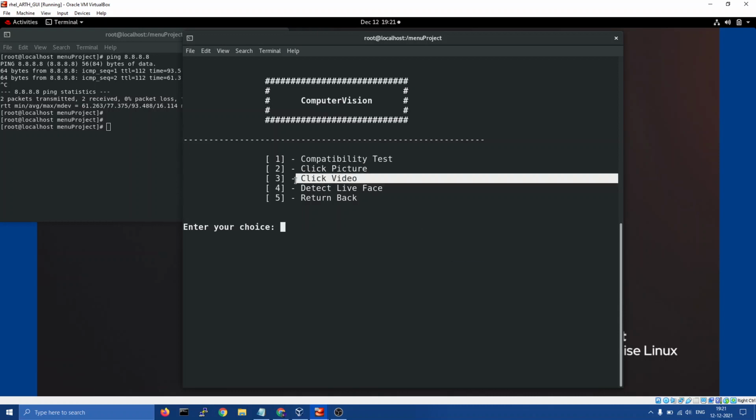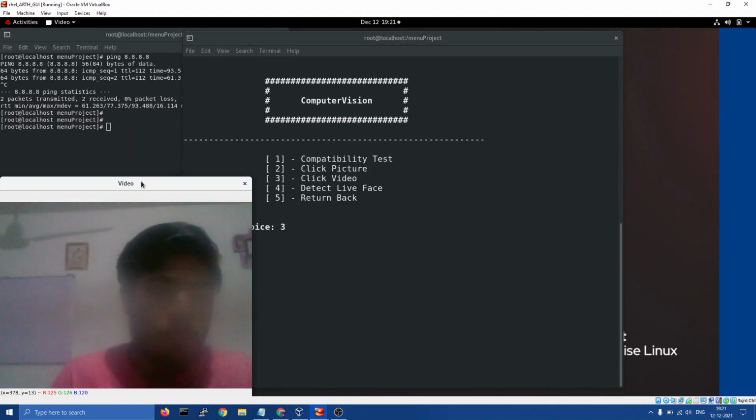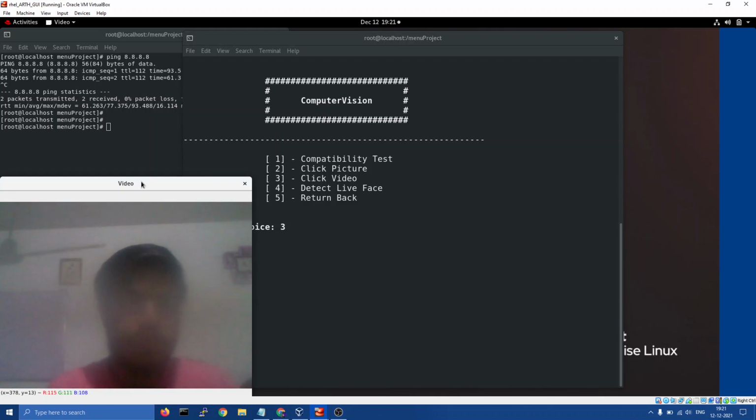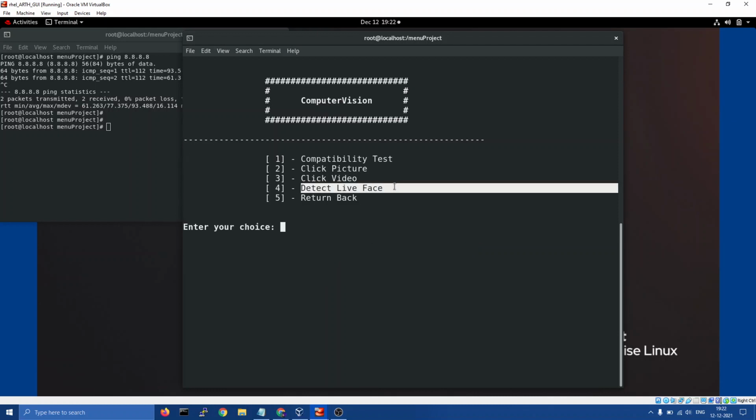Now capture video is the third option. Here you can see it is capturing my live video. The camera quality is not good, but hello. Let me close, and your video has also been stored at the root directory.